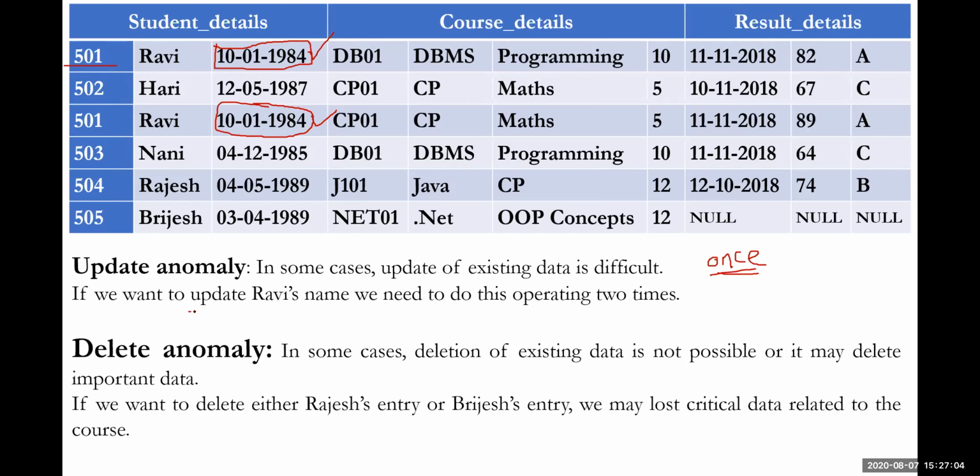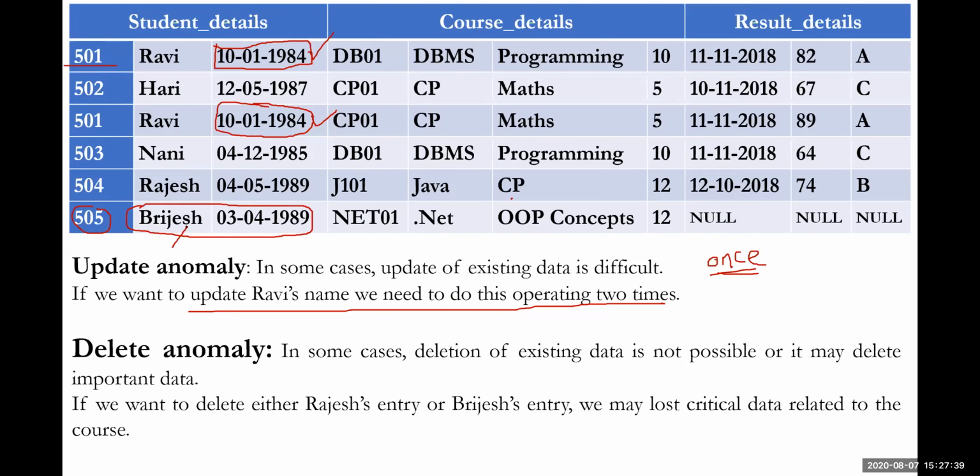Okay, so that is the update anomaly. It could be present if you are supposed to enter or update the data more than one time. And the deletion anomaly: if you are supposed to delete some data, important data could not be deleted. Let us consider, I wanted to delete 50505 Bridges' data, it is not required, he joined and was immediately discarded, so my institution's joining is discarded.